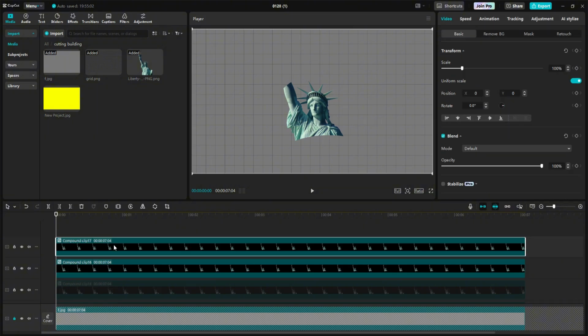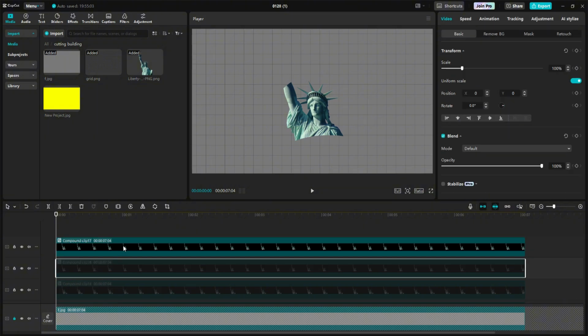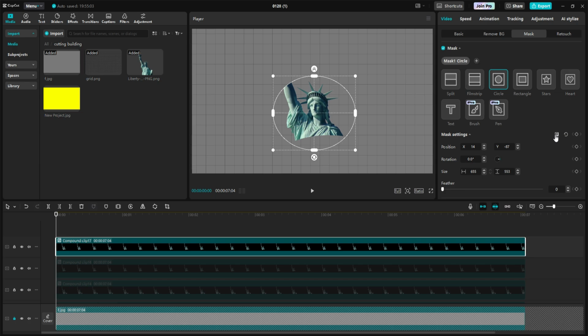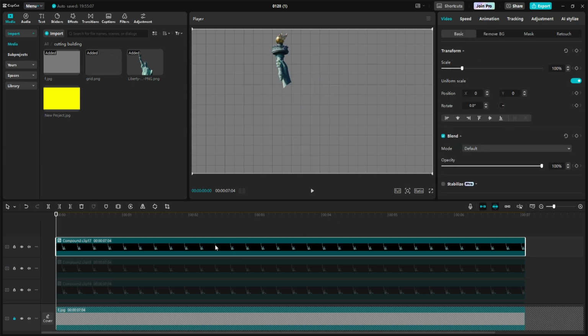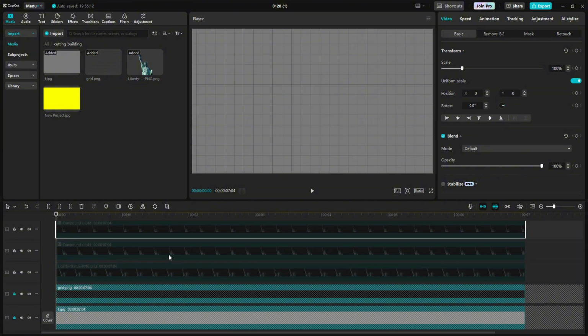Now for the final part, just duplicate the last layer and reverse the mask. As you can see, the statue is now divided into several parts.